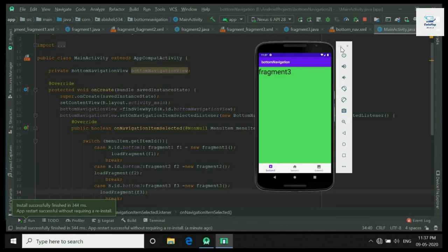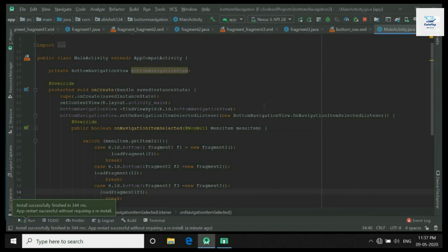At the beginning we see that the container is empty because when the app starts, no item was selected from the bottom navigation.